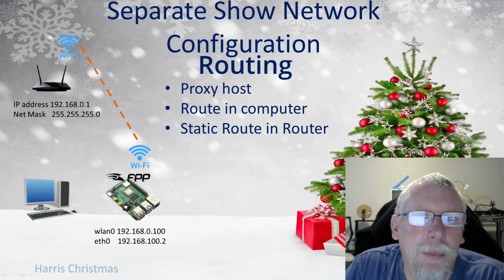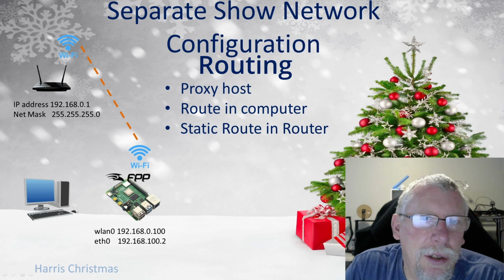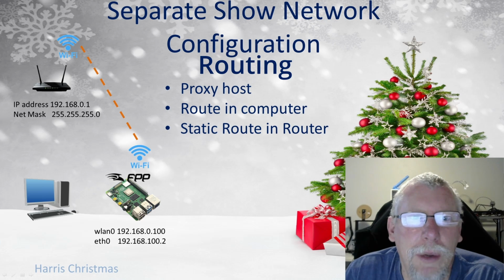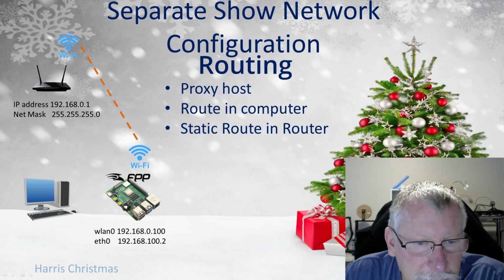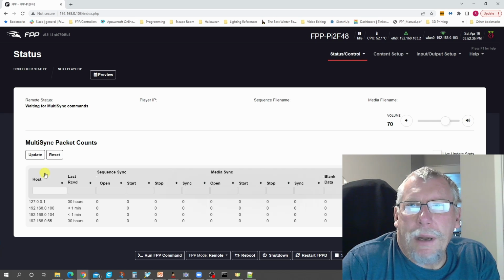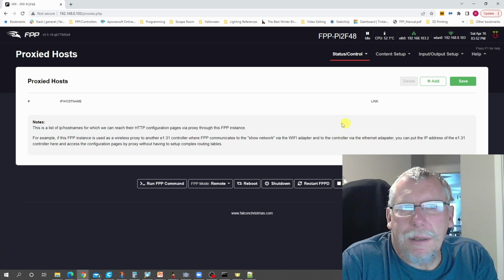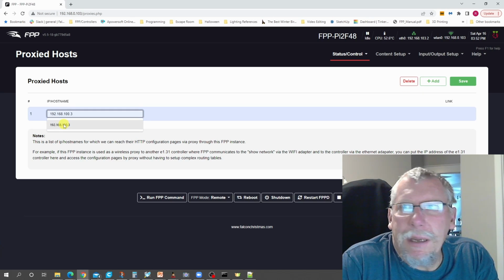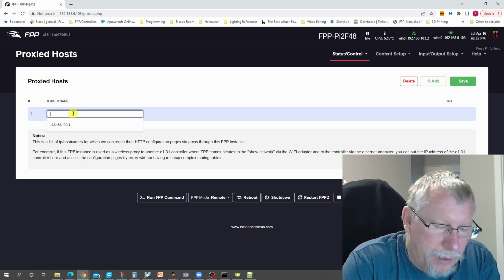The proxy host is probably the simplest of them all. You just define the proxy host in the FPP device that's going to bridge the network, and then you tell xLights that you're using the proxy host by filling in the address so that xLights can access the device as well. So we're going to set up a proxy host on the device. Okay, so this is the Pi that's going to be bridging to an F48. So you go to Status Control, Proxy Settings, add the proxy host, and then you enter the IP address of the device that you are proxying to. In this case, it's going to be